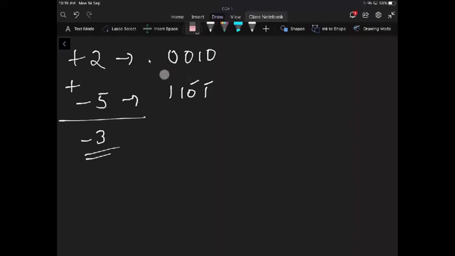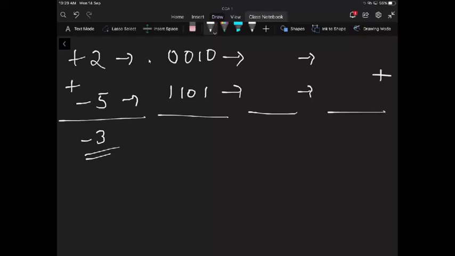So I have already demonstrated it. If you want, you can go back to the same video and make a note of it. Okay, once that is done, this is the magnitude. You just cannot add or subtract with this. So what we are going to do is a 1's complement transformation, then a 2's complement transformation, and then we are going to add.